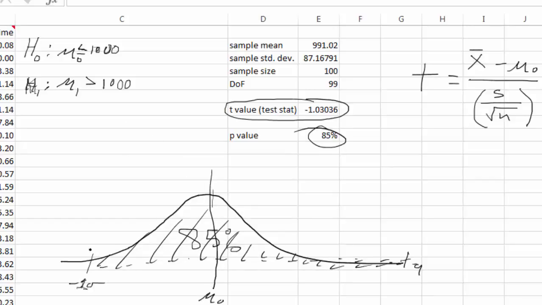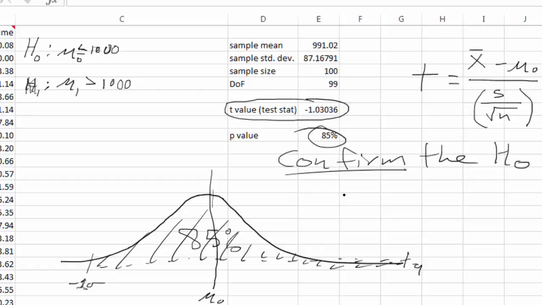So our sample mean not only is not larger than the population mean, but there's an 85% chance that it lies outside of the area that we would need it to be in to confirm this theory that the light bulbs last more than 1,000 hours. Okay, so high p-value, relatively small test statistic, indicates that we are going to confirm the null hypothesis at